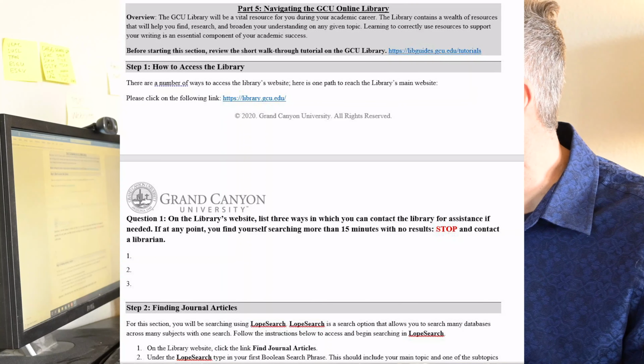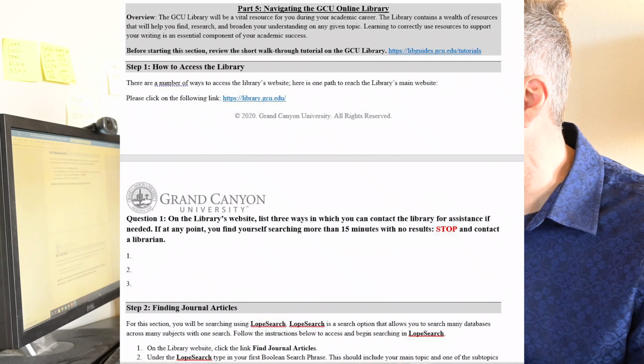And then you're going to follow the library website steps: how to access the library, and finding journal articles. We're going to use journal articles, not just Wikipedia or somebody's blog or stuff that could be opinionated. We are going to find peer-reviewed journals, which are research studies and the most accurate and truthful information about the subject. Then we're going to look at our article details, step 4, and we're going to go to